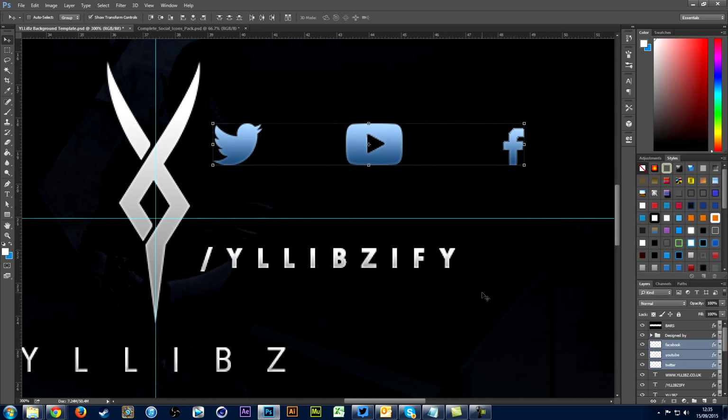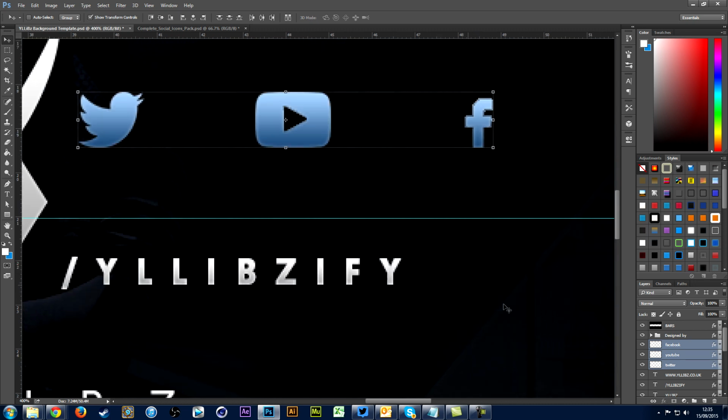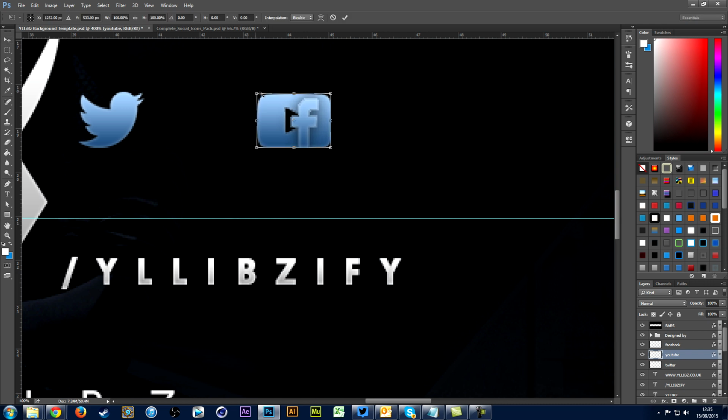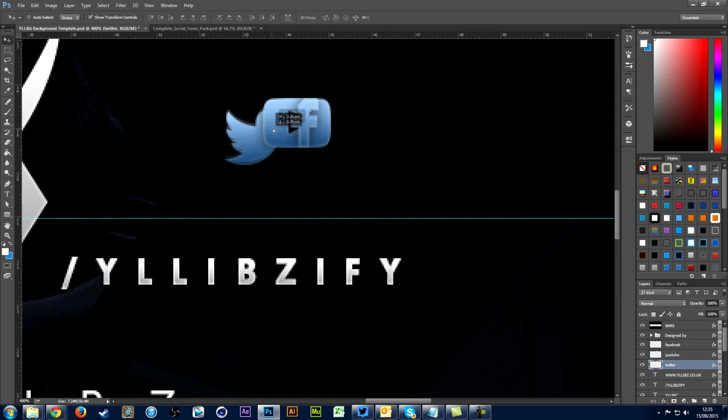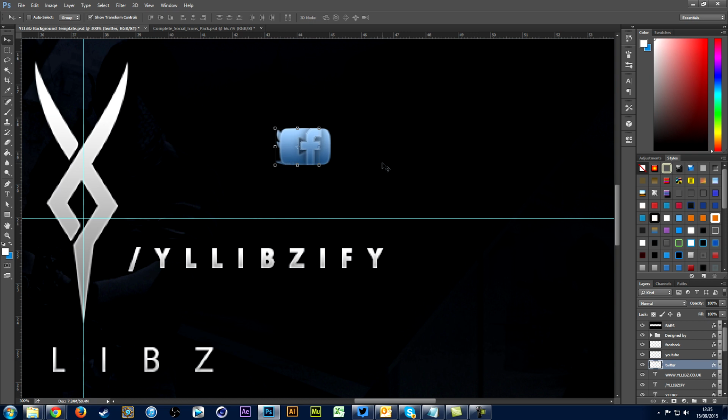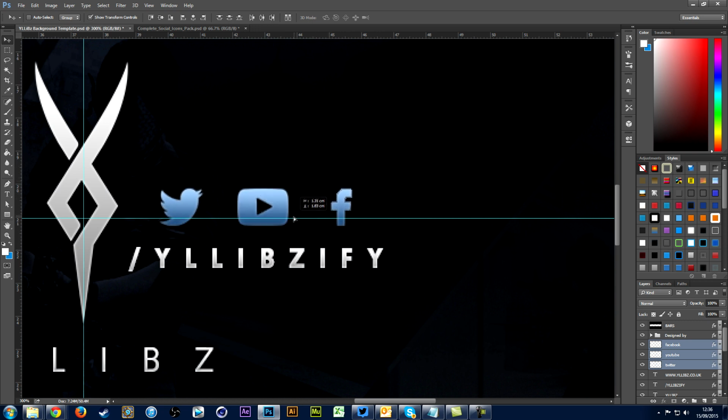And then with this, I always make these the same size, so I'm just going to do this quite roughly now, and obviously you guys can spend a little bit longer on this, but I'm just going to roughly make all of them the same size by just dragging them over and resizing them. And then once I've got that, I'm just going to create a nice spacing between them all, maybe a little bit bigger either side,